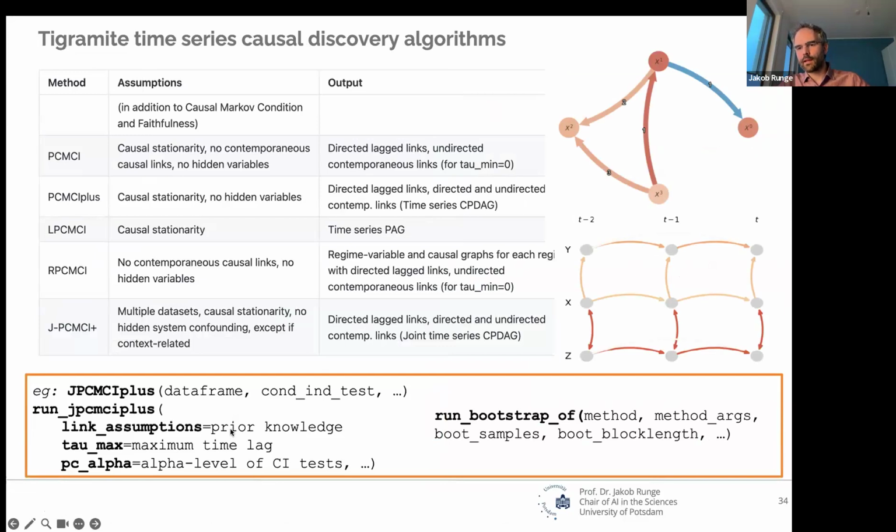You either say this link is there or not. If you want to do Bayesian stuff, you have to go to Bayesian packages or use SAT solvers where you specify, I believe this independence test with this confidence and so on. And then it's computationally more expensive, but can deal better with such prior uncertainties. But it's kind of hard here.